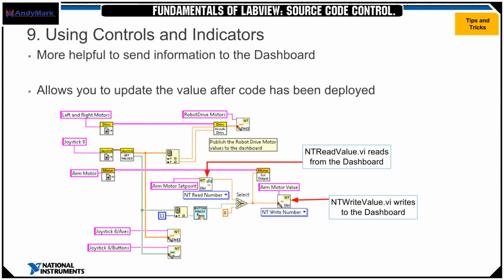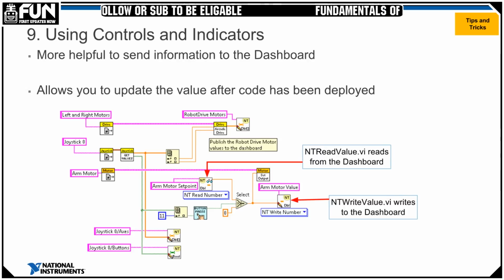So we're going to be sending these numbers to the dashboard and getting values from the dashboard. If you look at my input terminal on the select VI, this is the value I have called arm motor set point. This is going to be the value I want to set that arm motor to. The neat thing about setting it up this way is it allows me to build and deploy my project once, and then I will be able to adjust this value live from the dashboard while I'm actually running my robot